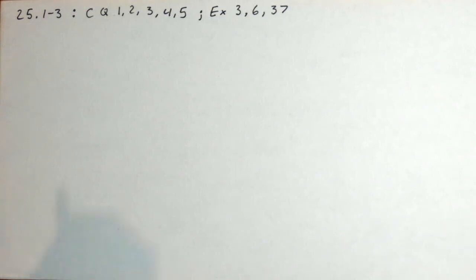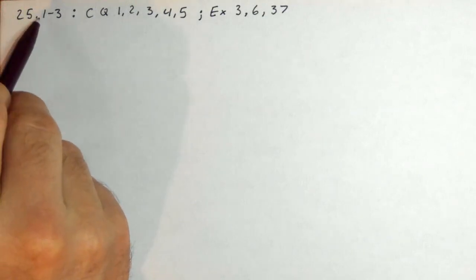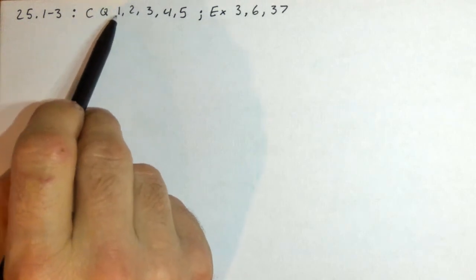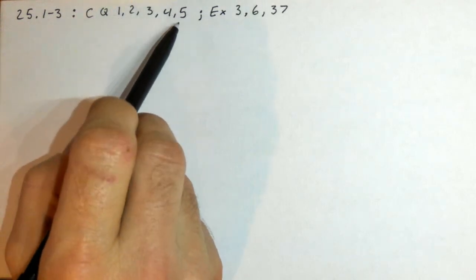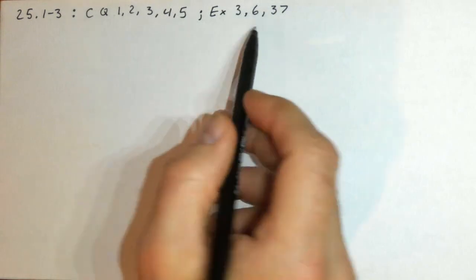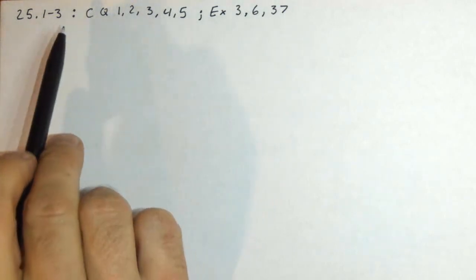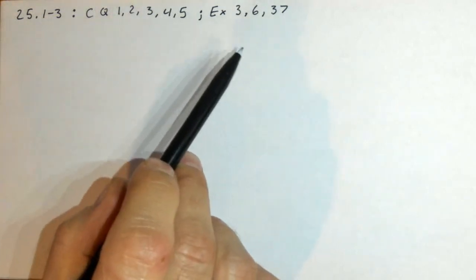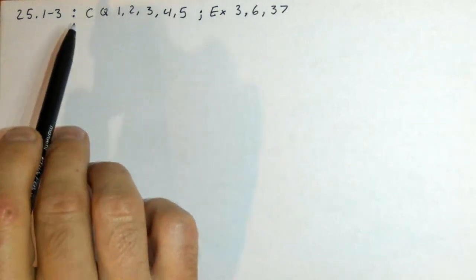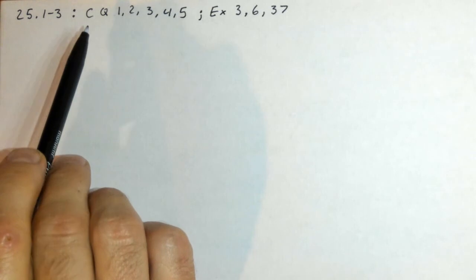Okay, so for our class activities for Chapter 25, Sections 1 through 3, we're going to cover concept questions 1, 2, 3, 4, and 5, and then exercises 3, 6, and 37. So again, you can turn off the video now and go just work on all of those, and then come back and find places where you need a little bit of help, where you can go one at a time,